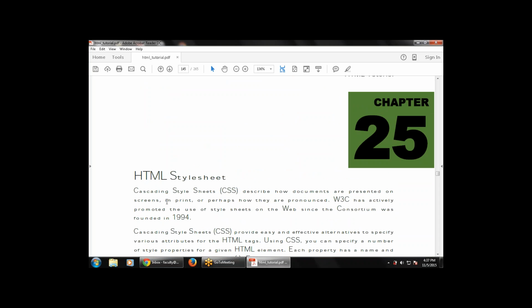CSS provides how the document will be presented on the screen, in print, or perhaps how it is pronounced. That is the HTML style sheet. So we are giving the style sheets for the document that are presented, that are printed within the HTML document. W3C, the World Wide Web Consortium, has actively promoted the use of style sheets on the web since the consortium was founded in